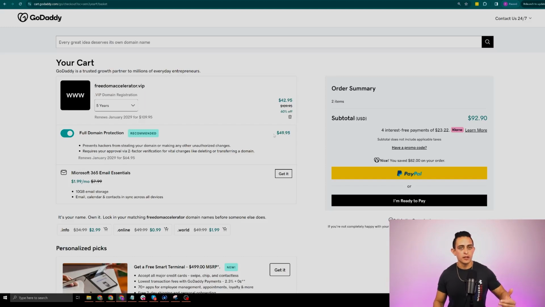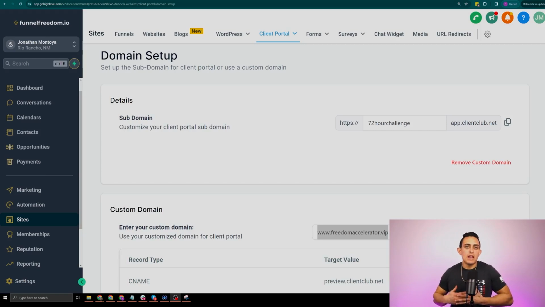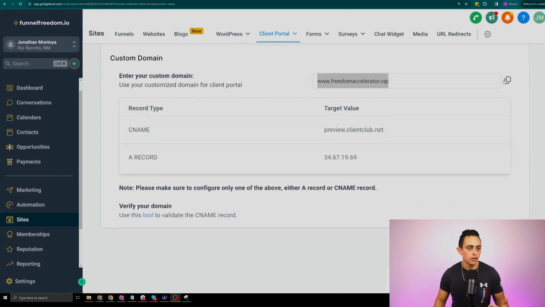So I'm gonna go ahead and pay for this and we're gonna go back to Funnel Freedom. All right, so now that we purchased our domain on GoDaddy, now we can go ahead and add the custom domain in Funnel Freedom or GoHighLevel. Okay, so where it says custom domain, you're gonna add your domain here. So for me, it's